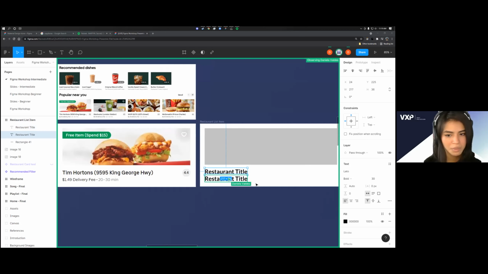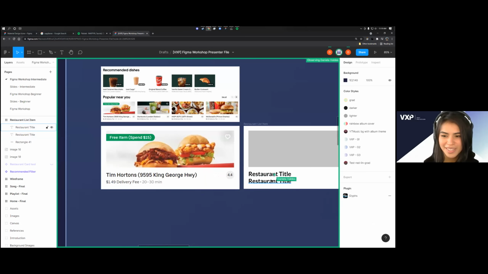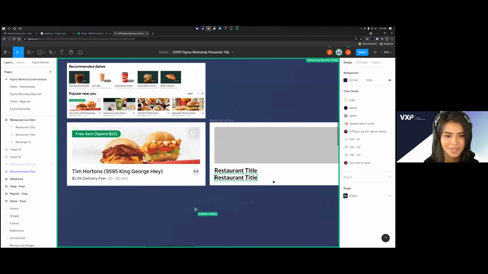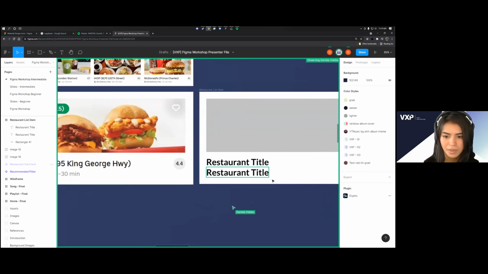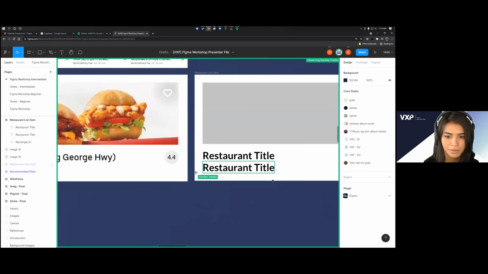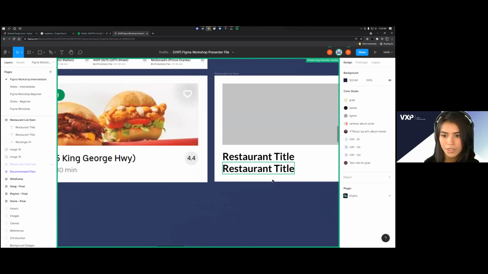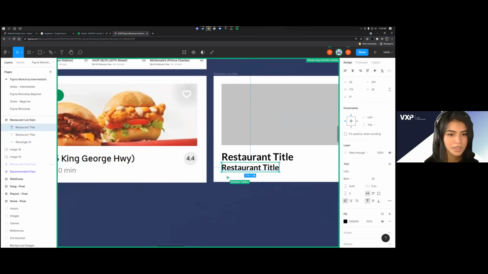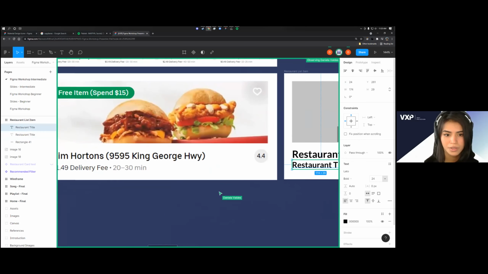Restaurant title is probably not the best name for it, but we'll just call it that anyway. I'm going to copy this text line onto the bottom just so I have a text box already prepared, and make sure it's also snapped to the left-hand side where it's 24 pixels from the left. And we're going to shrink this title to perhaps 24 pixels just to see the relative size between the two,